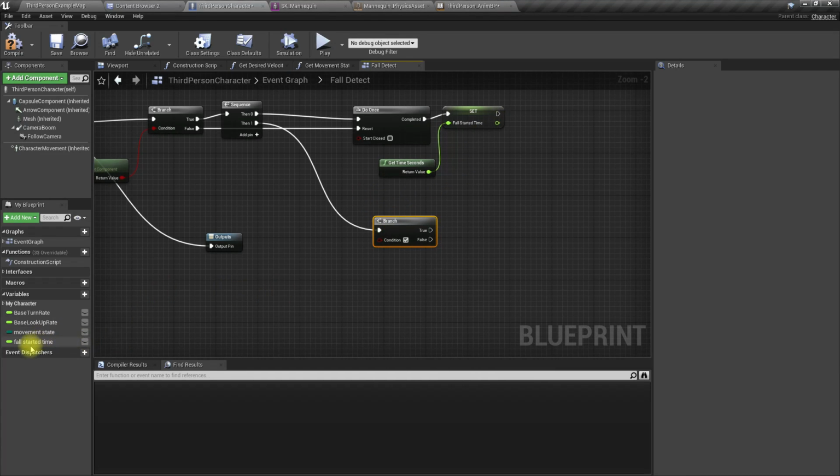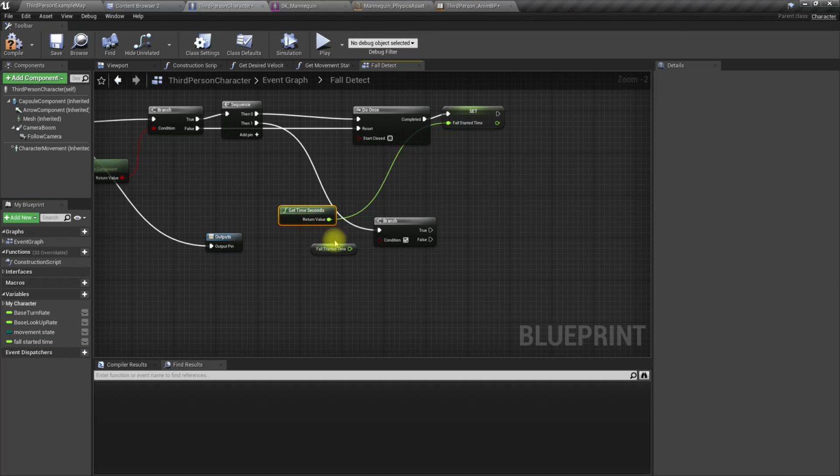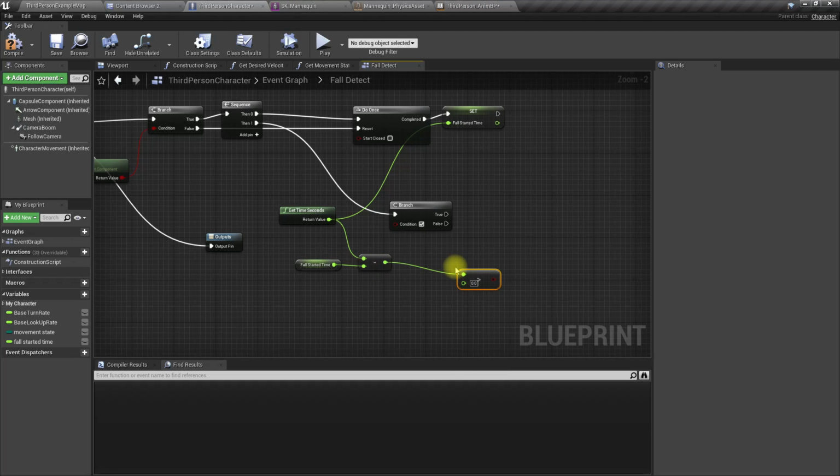If the current time minus fall started time is larger than 1 second, that means we have been falling for more than a second.